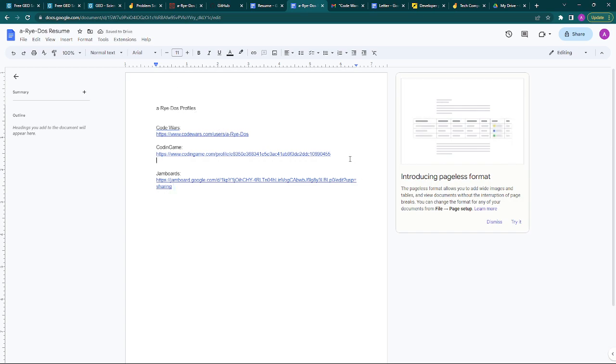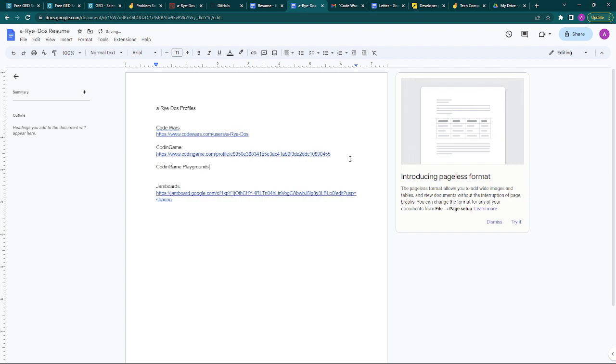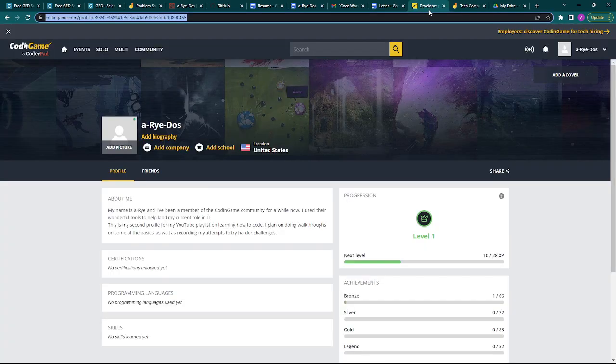and even within CodinGame, you might have like CodinGame playgrounds. So another thing that I recommend for people to do is making their own tutorials for coding languages. So if we go in there,